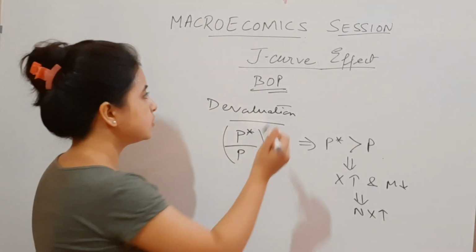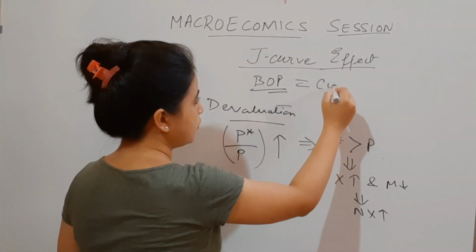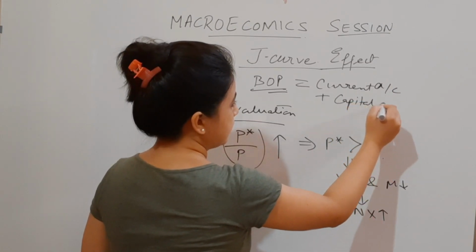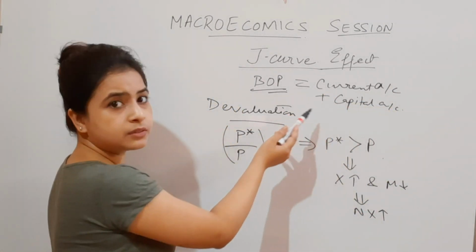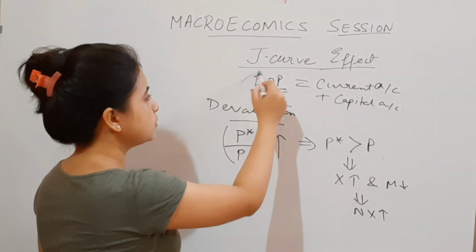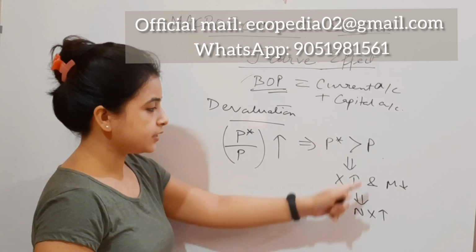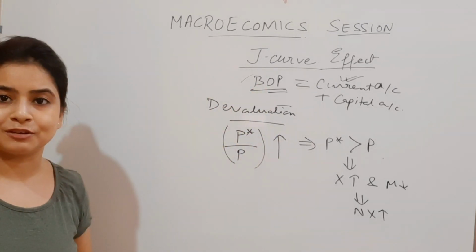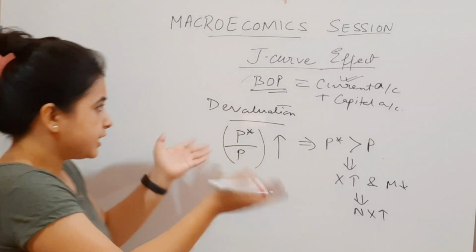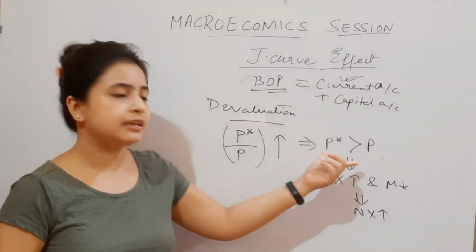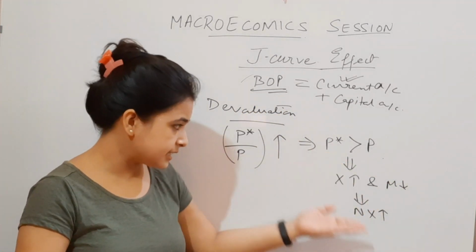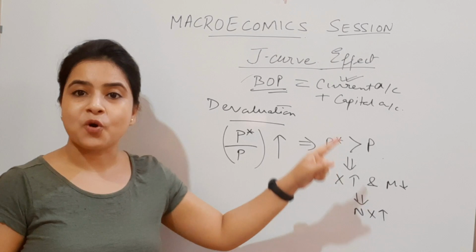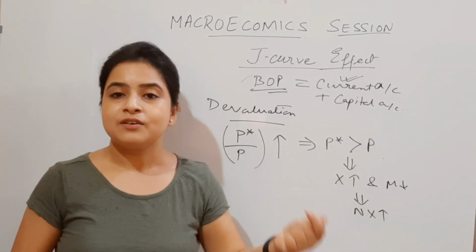So these are all related. To give you a brief, BOP is a summation of the current account as well as the capital account. If there is a surplus in any of these accounts, then we can find that the BOP account is in surplus. So due to this scenario, we have a current account surplus, and therefore the BOP is in surplus. Now we find this very easy, right? If there is a devaluation, exports increase, imports decrease, and hence there is an increase in net exports. But this change does not happen like this.